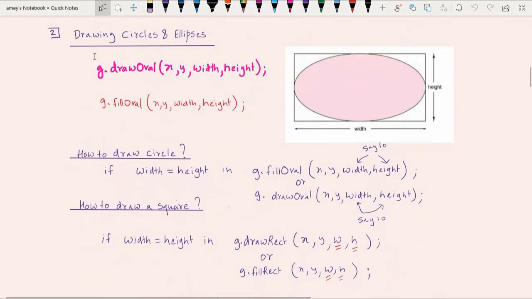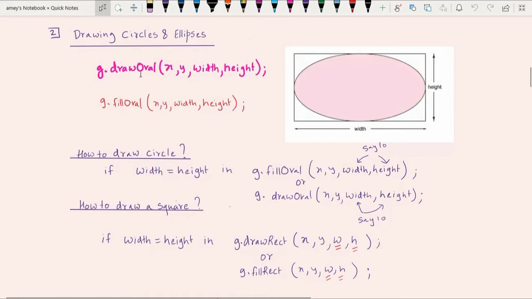Next we have how to draw circles and ellipses. There is only one method available in the Graphics class, and that is called draw oval. This draw oval method takes four parameters: x, y, width and height. Looking at this figure, we have a rectangle outside.